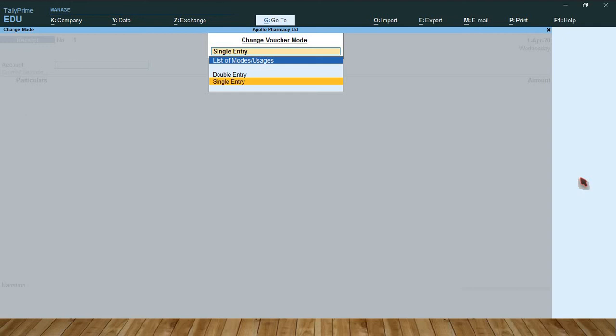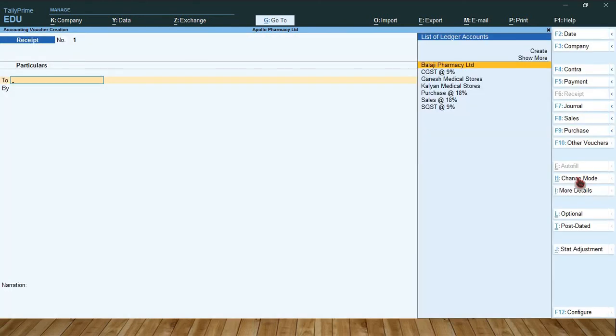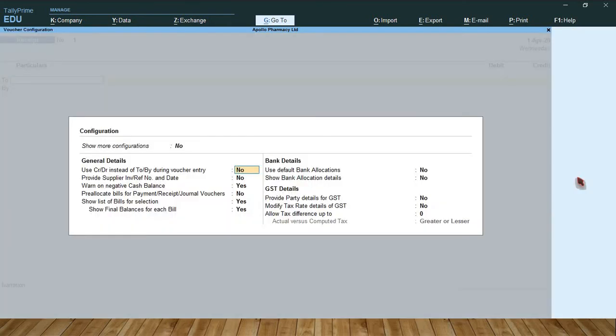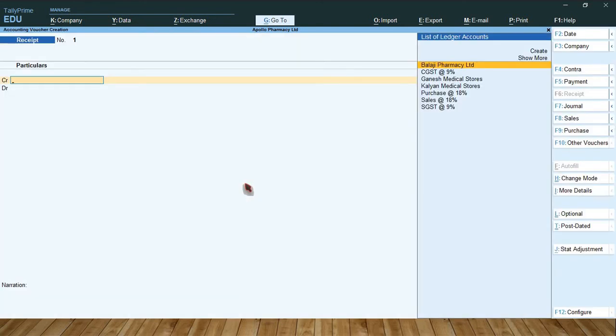So that is here. So it is showing here. It is not in configuration. In earlier version, it was in configuration. Okay. So select double entry system. So now you will get credit and debit. Now you change. Press F12 configuration. Use CR/DR instead of 2 by during the entry. Set to yes. So then only it is showing CRDR. Now it is showing CRDR.